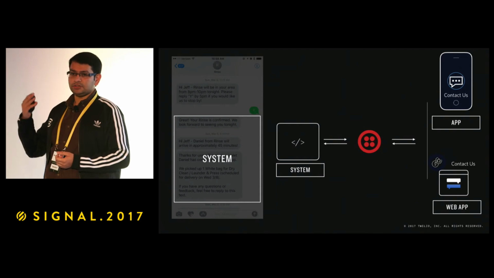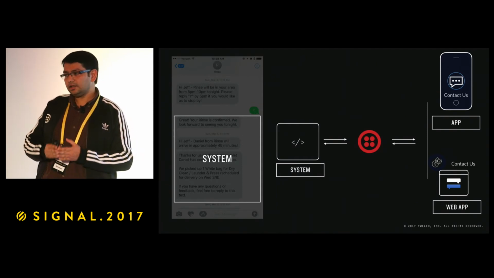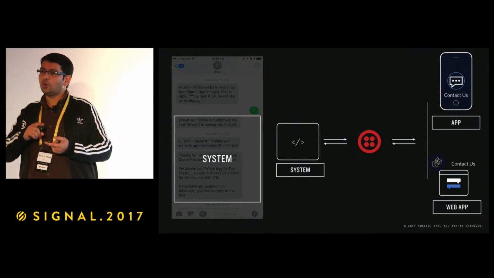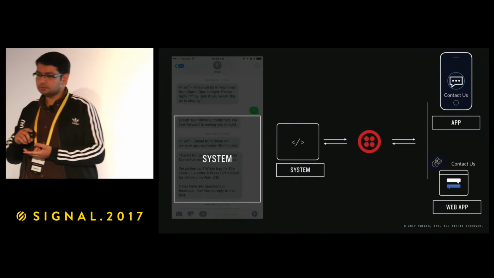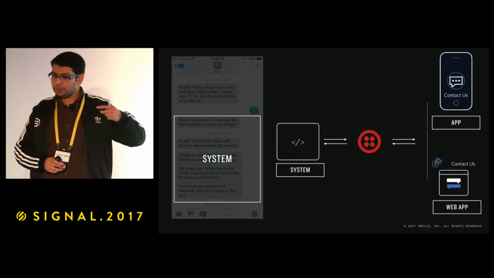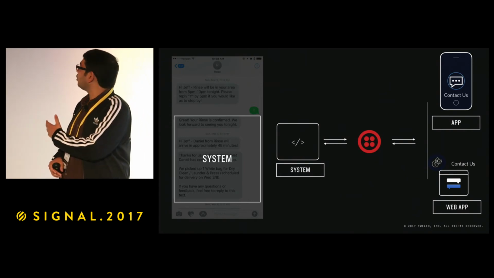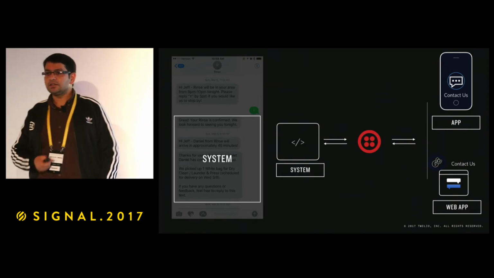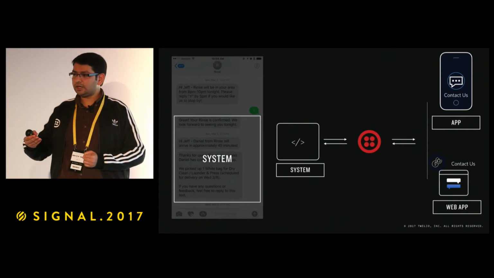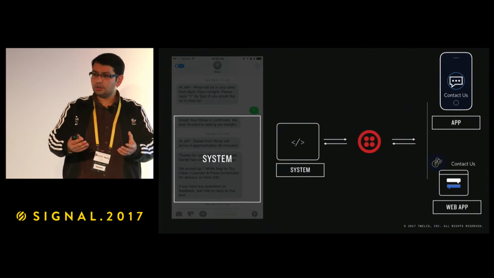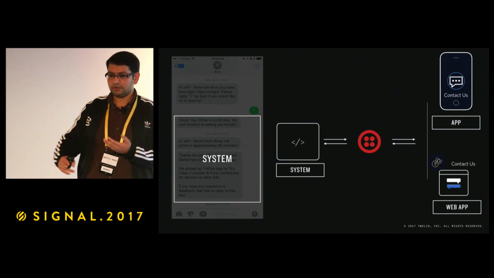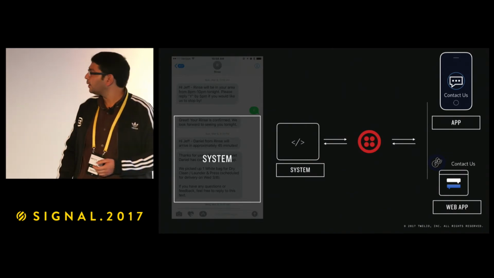But the idea is there is a bot, an automated system, which essentially does two very wide categories of job. The first is fulfillment. So let's say your query is what is my account balance, or what was my last transaction. This is something where you don't require a human to come in. So this is a fulfillment bot which could do the entire job and give a response back to a client. And then the second category is augmentation or data triage, where it will collect data so that when it goes back to a real human, the information is already present, instead of them asking what is your shoe size or what is your statement, all those questions, right?